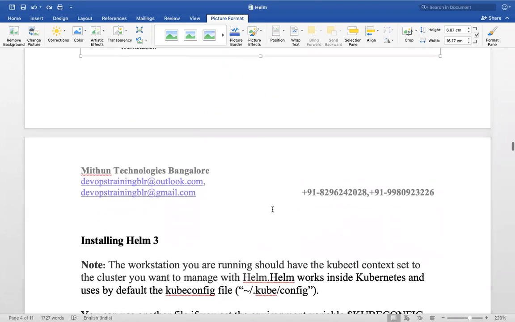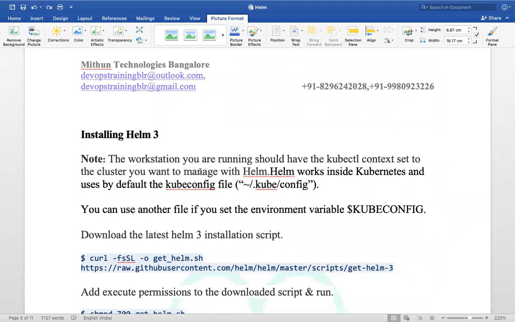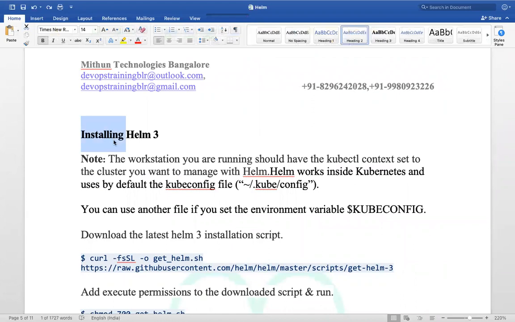So now let's install Helm 3. Helm 3 is the latest one. We will install Helm 3. Where should we install Helm 3? Basically, do we need to install this Helm software on the Kubernetes masters or workers? What is Helm? It's a CLI. So where should you install Helm? Wherever you want, from whatever machine you want to connect to Kubernetes and deploy the applications, the Helm charts.